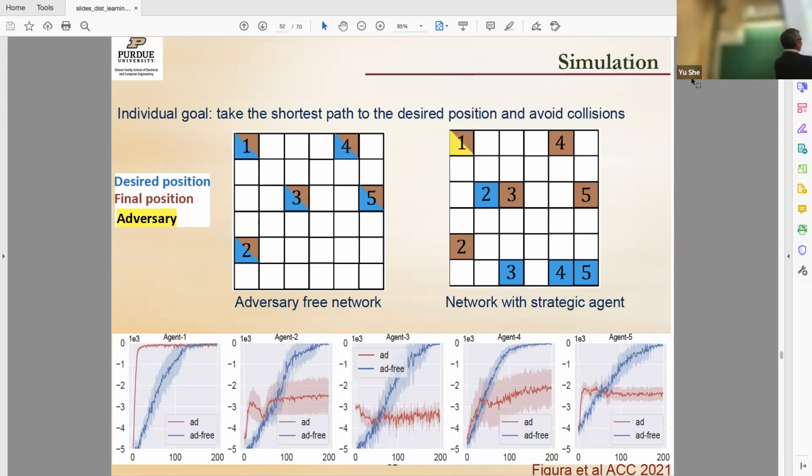So, without the adversary, the reward grew like this, it's in a really nice spot. It can converge very, very quickly. With the adversary, all the other agents are off, right? And it's fragile in the sense that it doesn't matter if I keep adding agents that I know are good. It doesn't matter. One bad agent spoils the entire system.